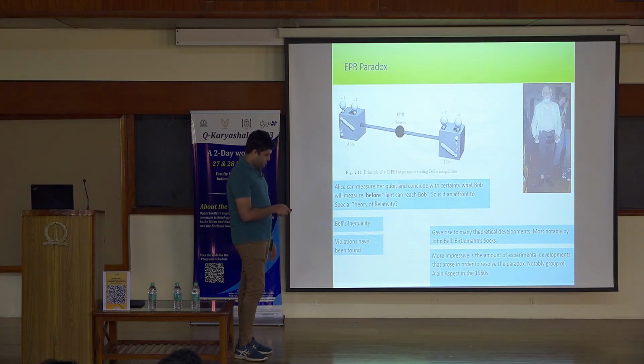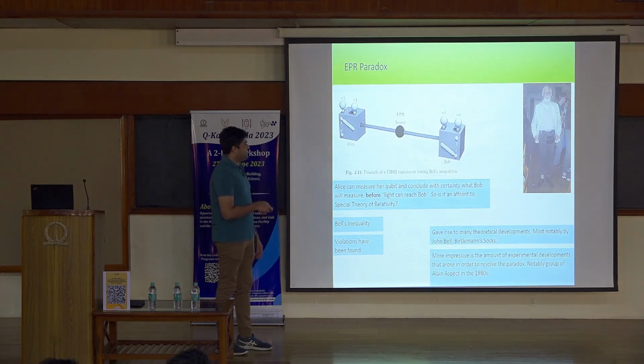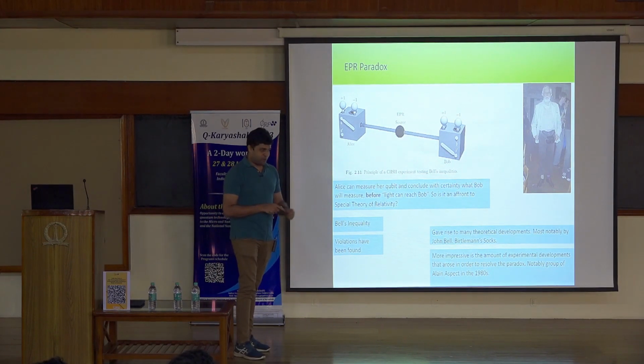For example, John Bell talks about this thought experiment in one of his papers, where there's this professor, Bertlmann, and he wears socks of which one is always pink and the other is green, or some other color. He used to dress like that. Apparently it's a real person, and this is an image taken from the Wikipedia page. You can search for Bertlmann's socks. So now, this is classically correlated information. That is, if I see one of his socks to be pink, I know immediately that the other has to be green, or not pink.